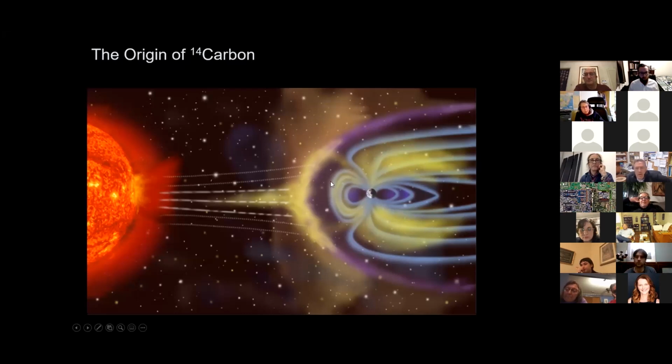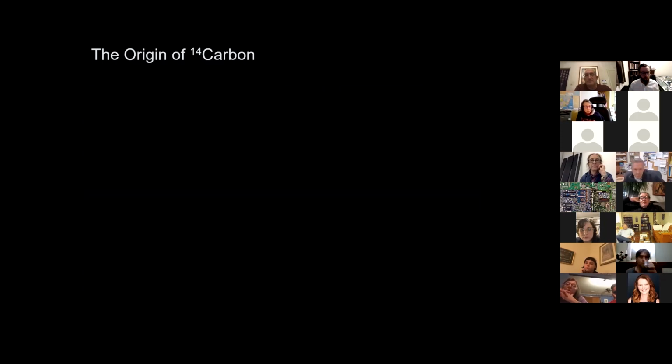Here's the Earth. The cosmic ray background isn't really shown here, but what you're seeing is not only is there the cosmic ray background, but there are a lot of very energetic particles that are coming from the sun, and you can see here that the Earth's magnetosphere is somehow shielding us from some of these energetic particles, but it's the Earth's atmosphere that actually shields us from many of them, and that's what actually allowed life to evolve on Earth. So I'm telling you all of this because